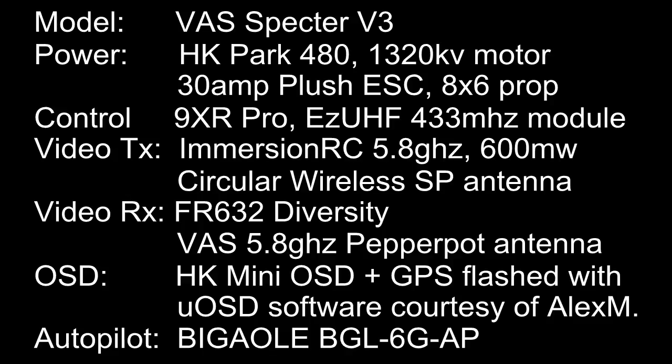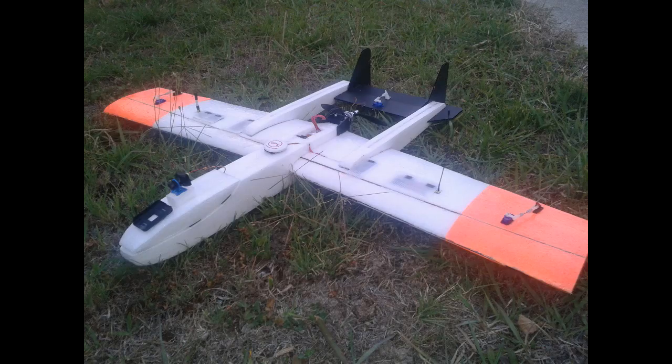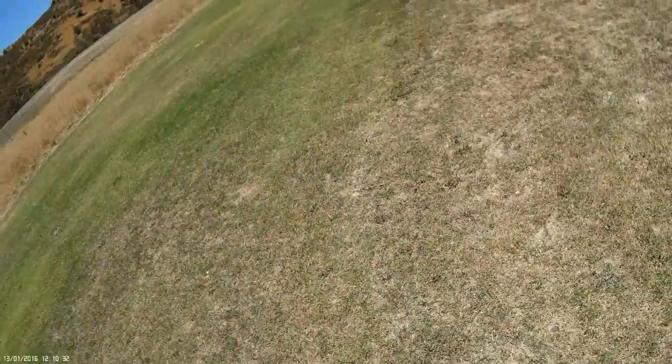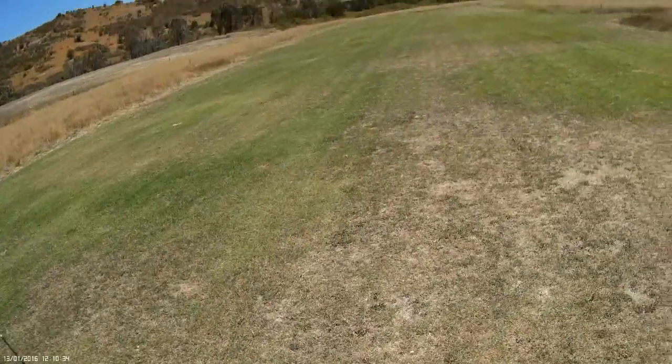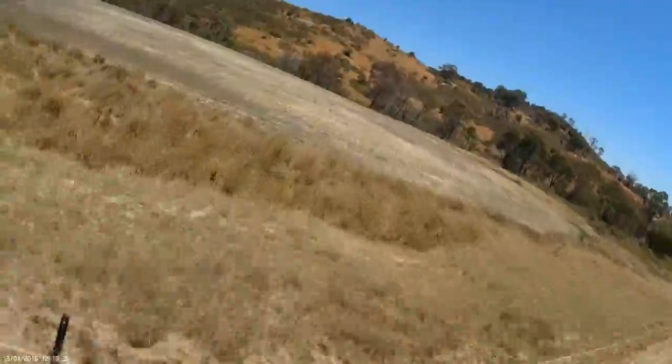I'm back in the air with my new Spectre after losing the last one in parts unknown. I've fitted it up pretty much like the old one, so same paint job, slightly different configuration for the camera. I've got a different camera mount, but power system, everything's the same, so hopefully shouldn't be too much of a challenge. This is the maiden flight, and so it's just hand launch and then grab the transmitter, pull back on